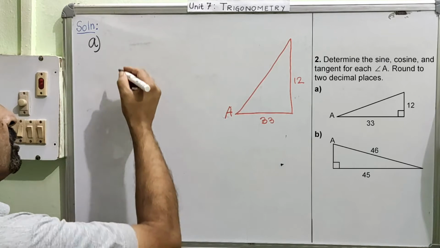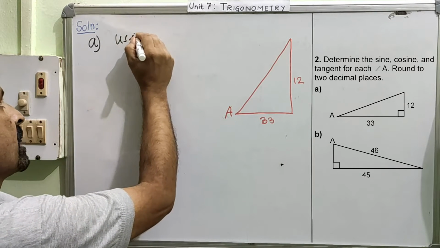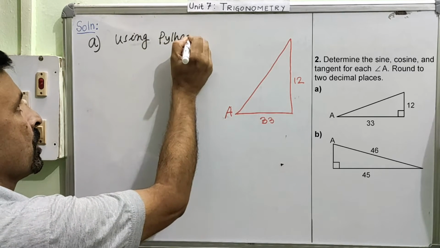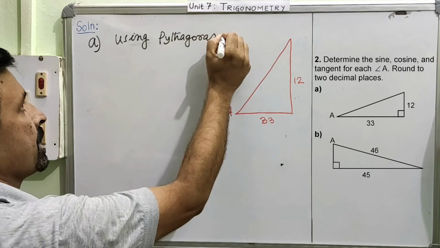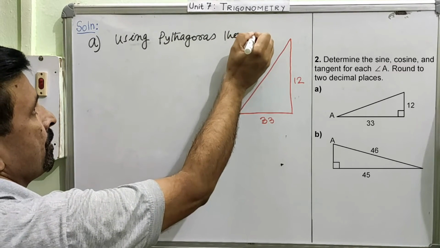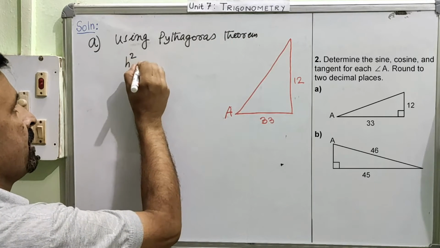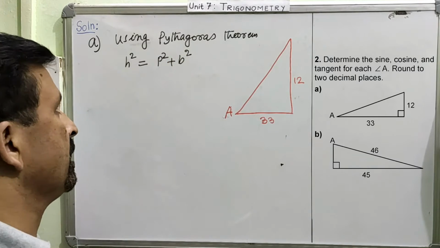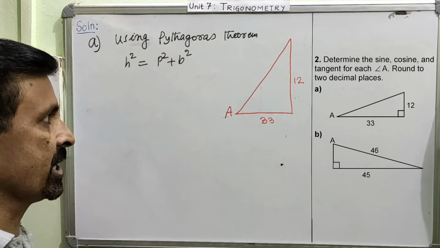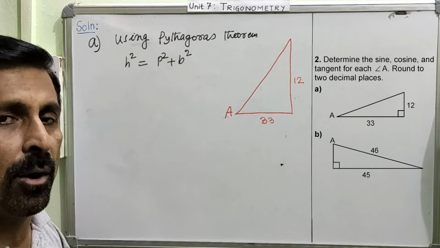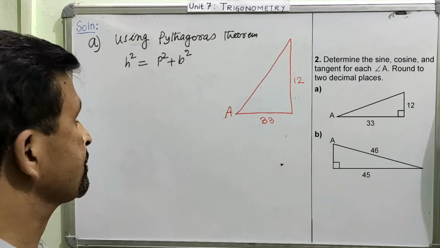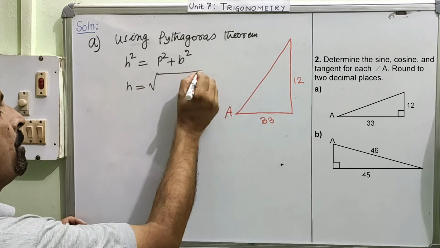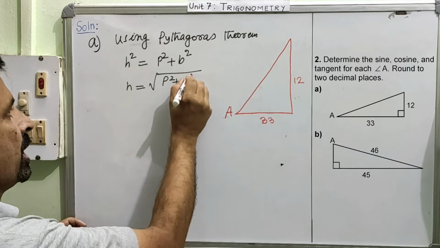So here we are again going to use Pythagoras theorem. There is no difference between this question and the previous question. Using Pythagoras theorem, h square is equal to e square plus b square. I have the habit of writing the formula with every question. So if you are watching my video carefully, just by watching my video you will be able to remember all the formulas. So now let us find h. h will be equal to root over e square plus b square.